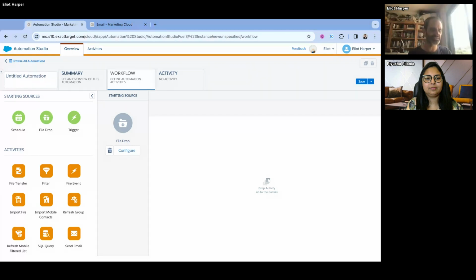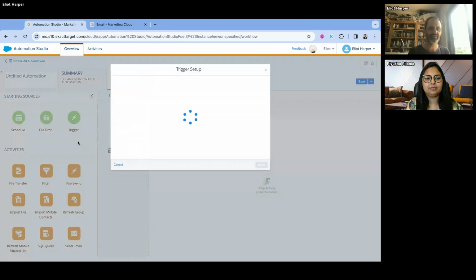But this is just a very convenient way of watching a file location for a file to be dropped in order to kick off the automation. And the last and somewhat more recent addition is a trigger. So this is an API-based trigger. Let me just go and drag the activity here, configure, and